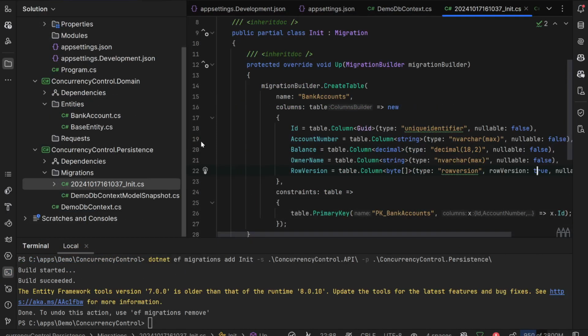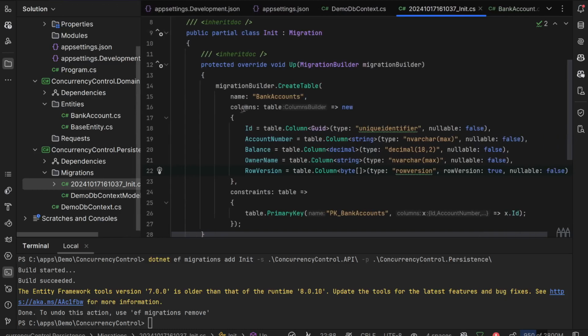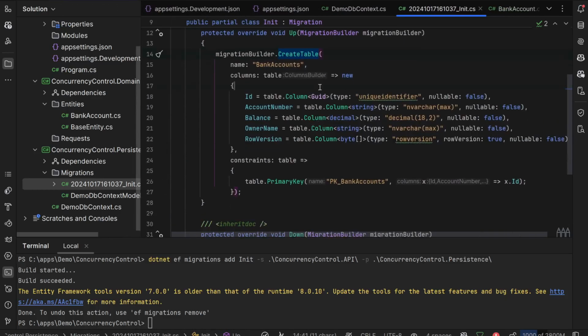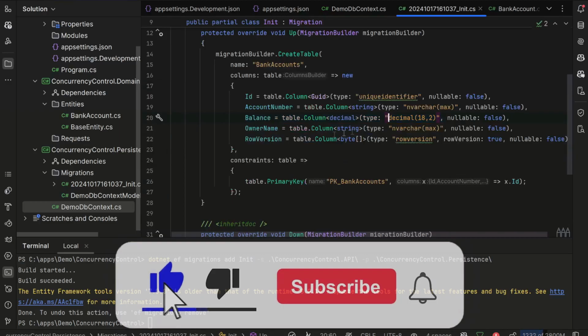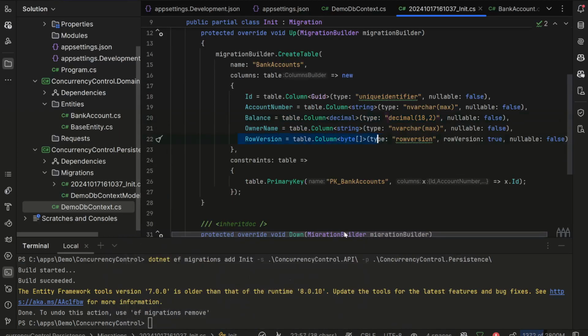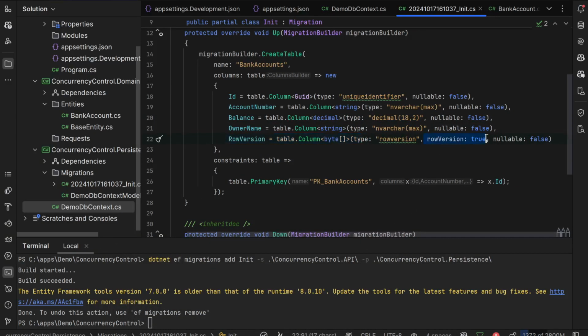As we see, the database migration has been properly created for us. We have the one big statement to create the table that will be called BankAccounts, and we have the specific type of the balance that we defined in our DemoDbContext, so in here, and also this row version, as you see, is the type of byte array, but the row version is set to true, it's not nullable, and the type in the database will be called rowversion. So whenever you create a new row or you update it, then this row version will be updated or generated